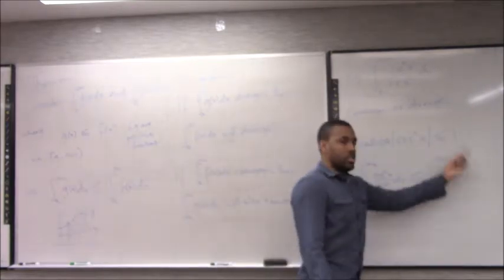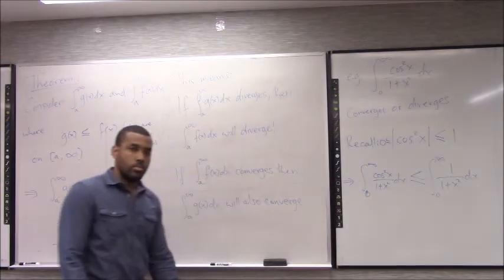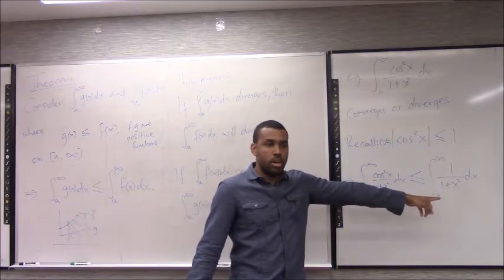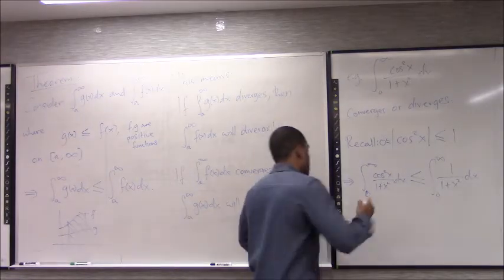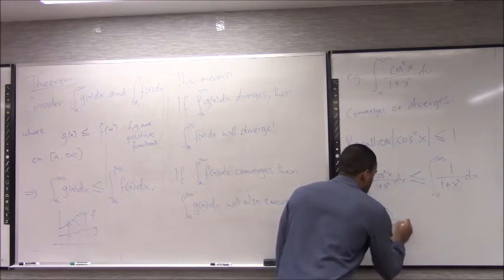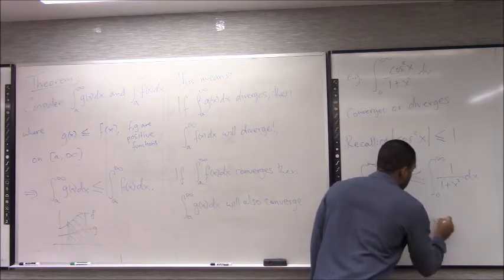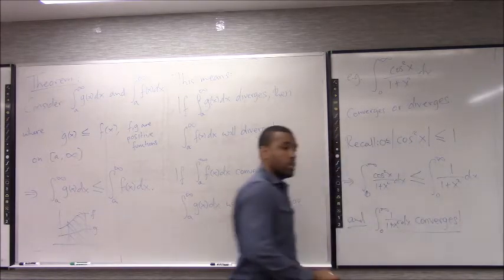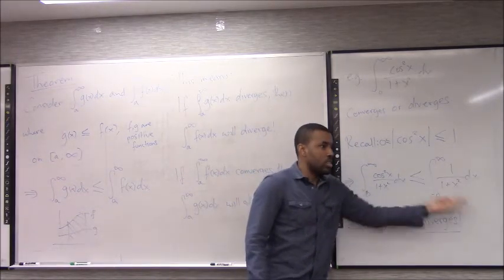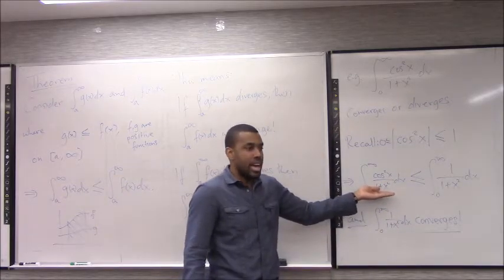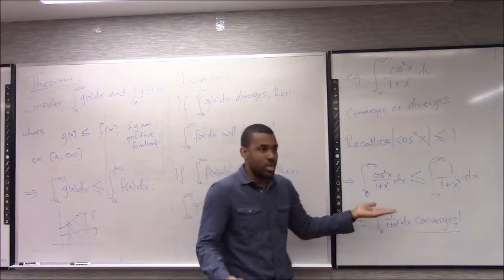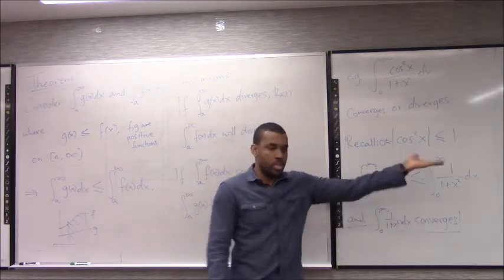But what do I know about this? That was the integral we computed last time. We actually know this has an answer. It went to pi over 2. So this converged. The area under this curve is always smaller than that value, and I know this value is pi over 2, which means the area under this has to be somewhere between 0 and pi over 2. I can't tell you what the exact answer is at the moment, but I know the answer has to be out there, and so it's worth studying further and moving on.